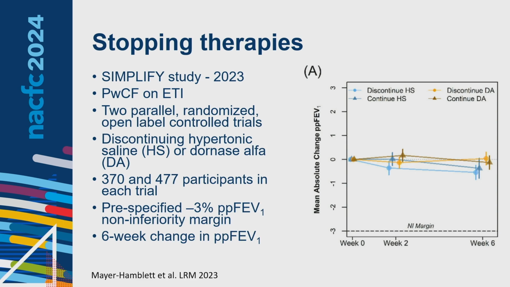The pre-specified non-inferiority margin was minus 3% predicted FEV1. And you can see there the closed blue circle is discontinued hypertonic saline. The orange is the discontinued Dornase alfa, and the continue arm are the triangles, and there's really no difference. This was a 6-week change in